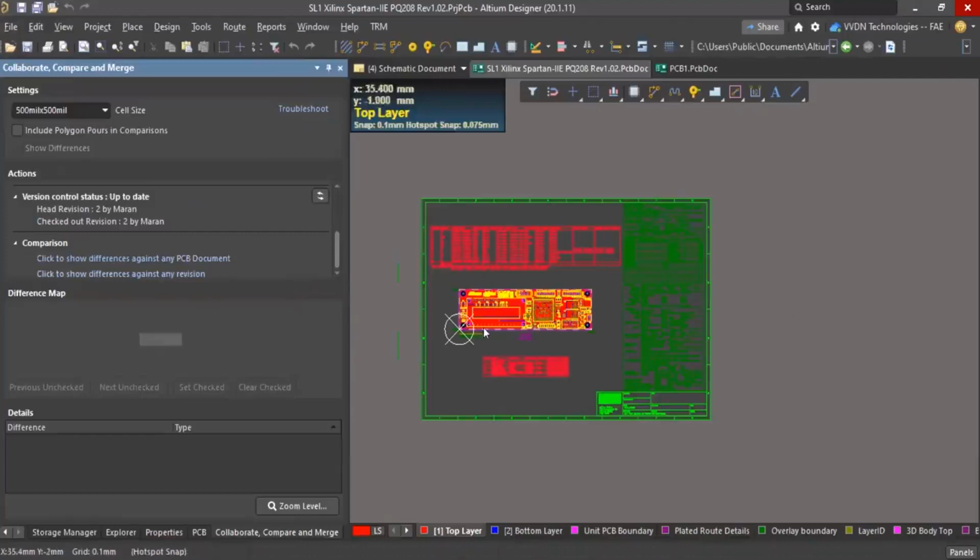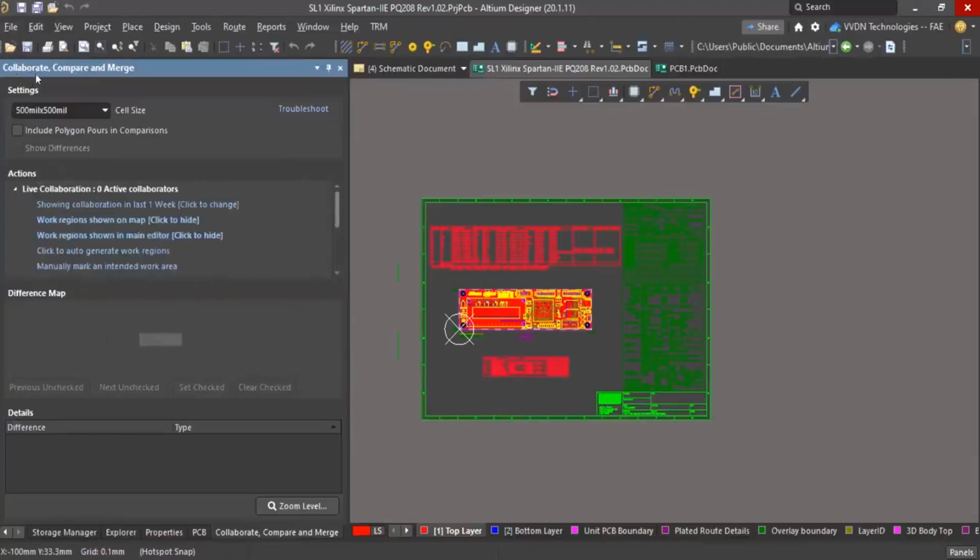And if two people are working, then it will show conflict. And here you are able to check the versions, check the changes, and you can finally merge it. Okay, so that's why compare, collaborate, and merge. And how you want to compare, you can select cell by cell. What is the cell value if you want to compare? And as I mentioned, the live operation option is there.